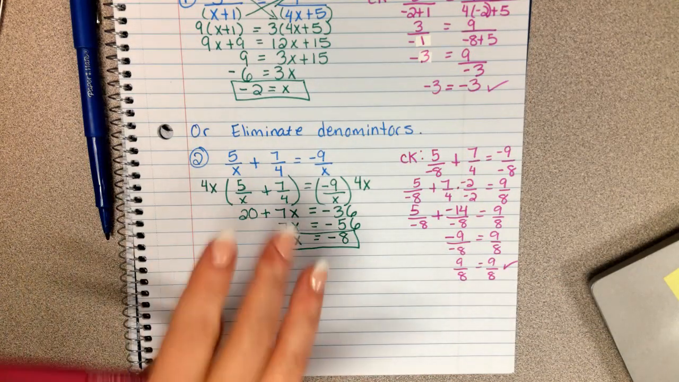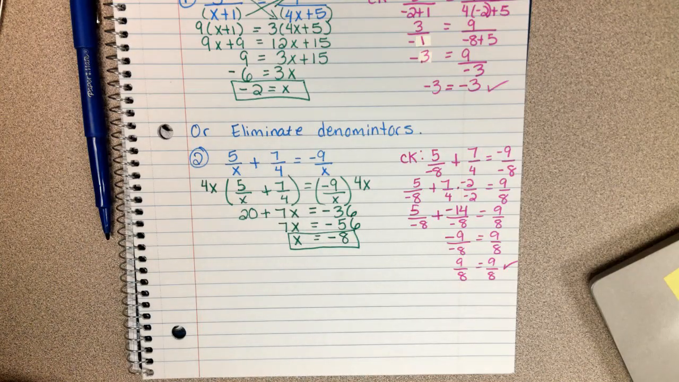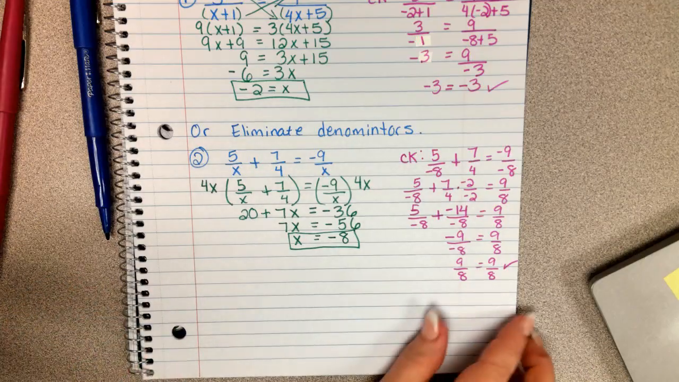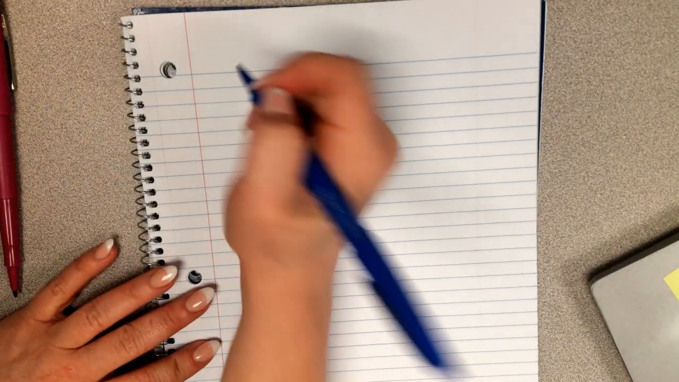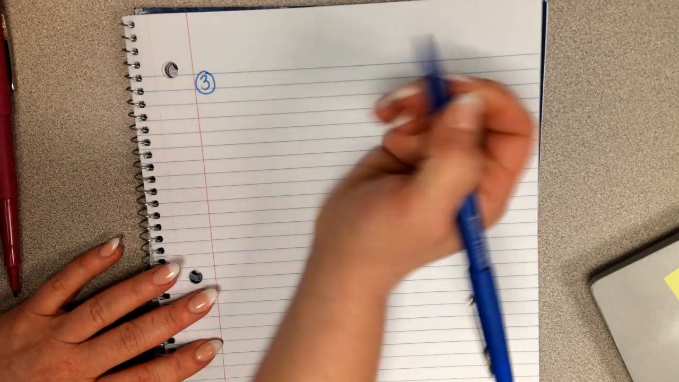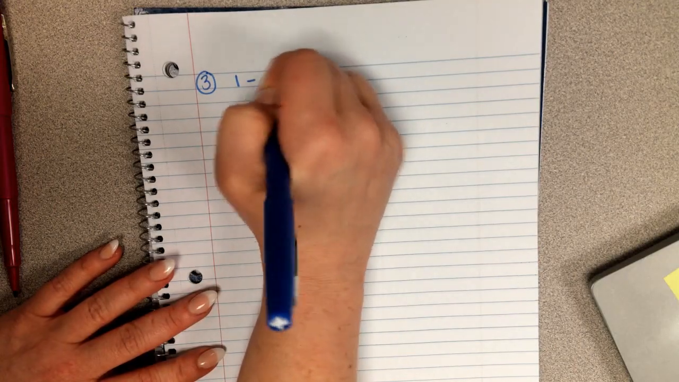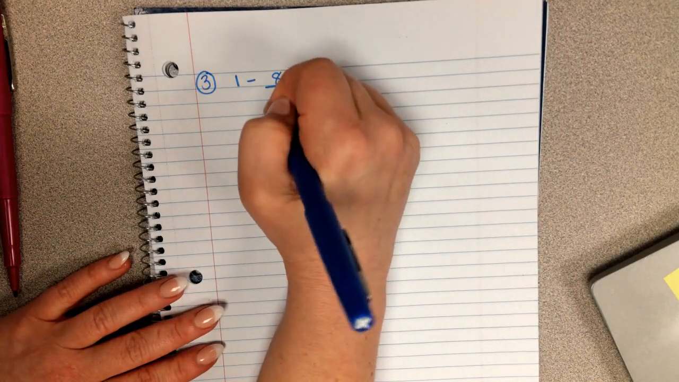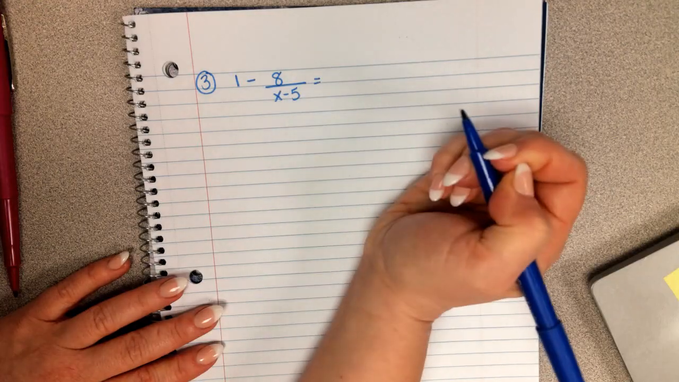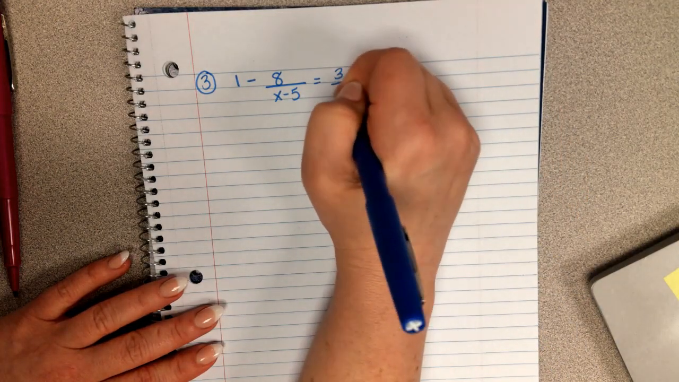Now, sometimes our fractions can be a little bit more complicated than that, or it's not even a fraction at all. So let's look at something else. Okay, so another situation that you might see here is you'll have like a whole number in there. So let's say I have 1 minus 8 over x minus 5, and I have that is equal to 3